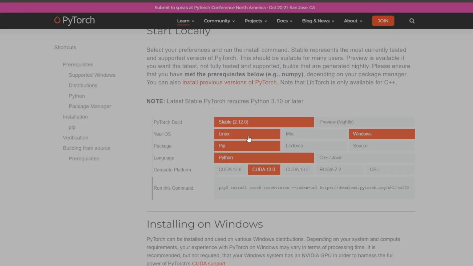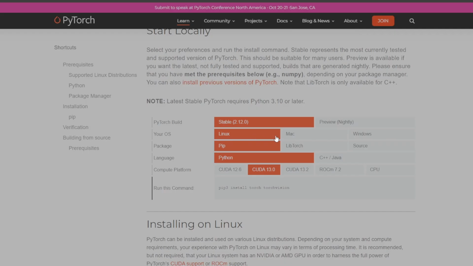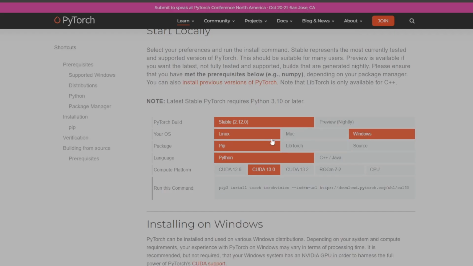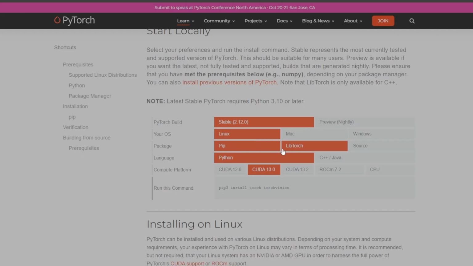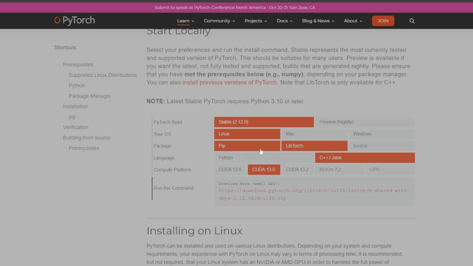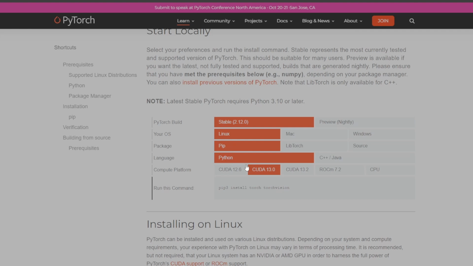Then you'll select the operating system you're currently running on. In my case, it would be Linux. For you, it might be Mac. It might be Windows. Then the package manager you're using. In your case, it should be pip, if you have followed so far. Then we'll be doing Python, as we will be writing code in Python. If you want to later on try with C++ and Java, you can download with C++ and Java by changing like this. So we'll do Python, and then depending on the CUDA version that you have, you should select here